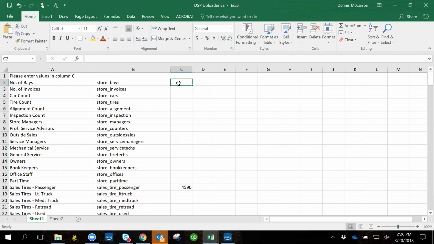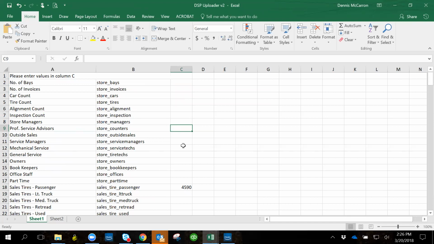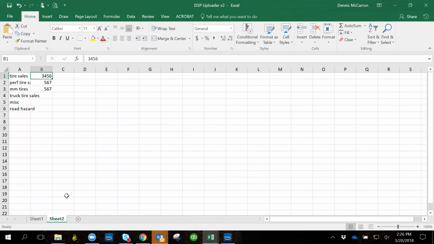And this file, every month, you can simply go in and plug in your numbers. The nice part about this is you can plug the numbers in and you can save it at any point and come back to it whenever you want. If you would like to speed up significantly entering your data, you can create a sheet 2